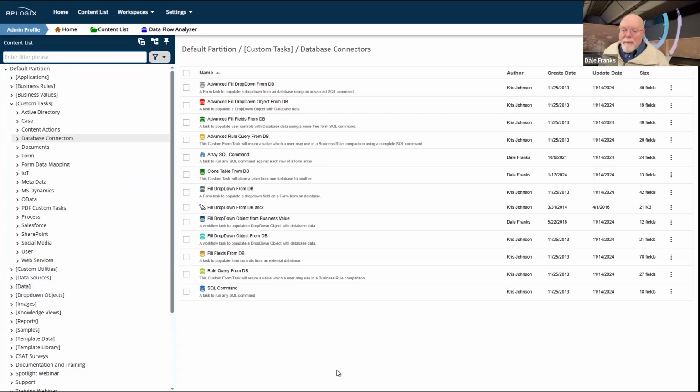However, they'll still work for any of your legacy applications. So if you've been a Process Director customer for a while and you have several forms that already use these, don't worry about it. They still work. You can still use them. We're going to keep these in the product for backward compatibility so that all of your old pre-existing uses of these custom tasks still work. So you don't have to worry about them not working for you.